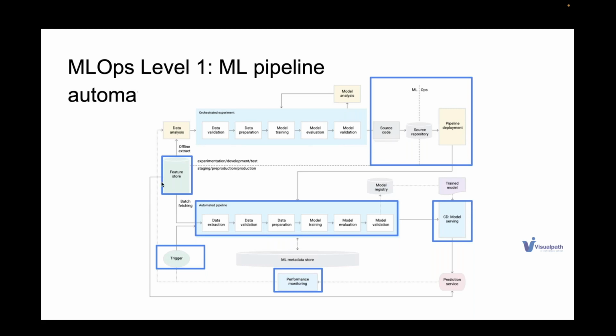I missed the feature store here, sorry about that. A feature store is nothing but a collection of our features. Machine learning models need some features. For example, if you want to predict a taxi fare, you would need many features: what time of the day it is, what location the trip is starting from, where it is ending, what the weather condition is, and how long the traffic is taking on that route. All of these you will be capturing in the feature store.